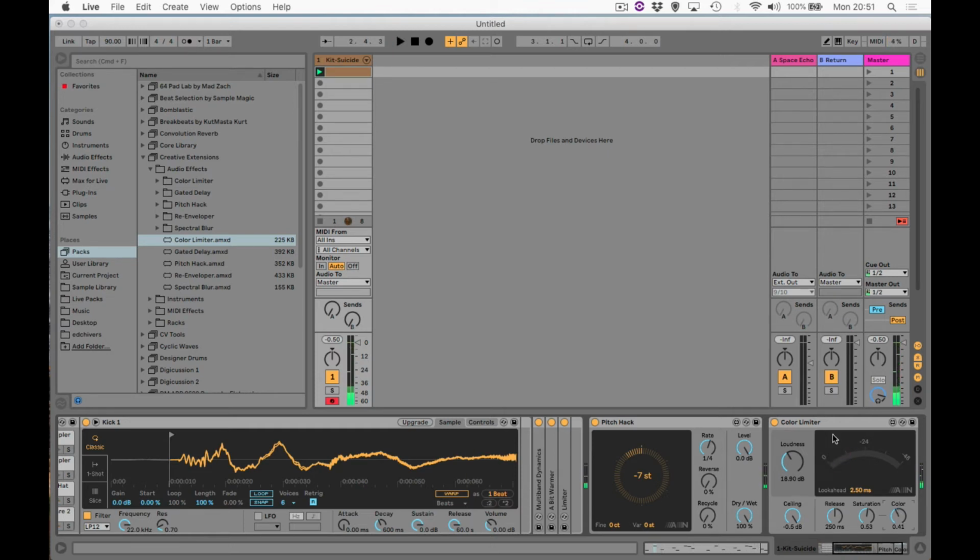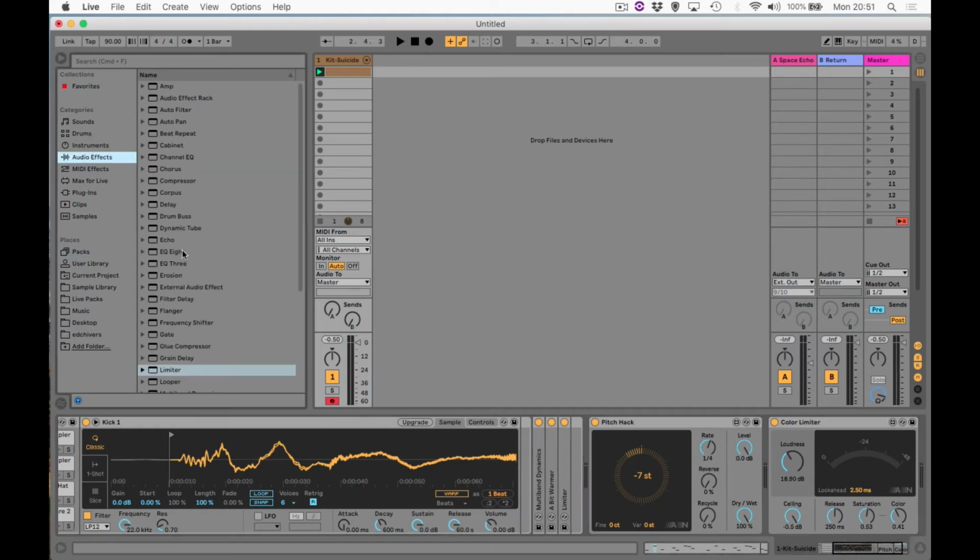It's great. So what's the difference between a Max for Live effect and one of the stock plugins with Ableton? Well, Max for Live ones, the key difference is that you can edit them. If we click on this little button here,